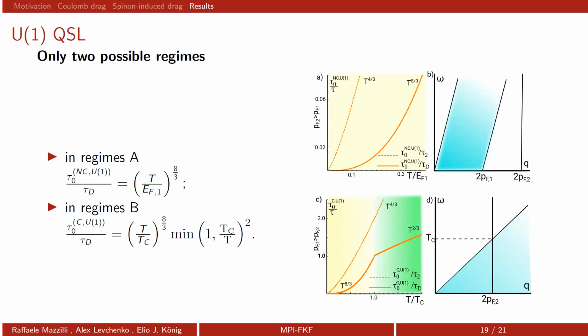But the situation is similar in a sense, because here you can also define a crossover temperature, and you can go to temperatures below it, and it happens. So there is some extra temperature dependence, but here you lose 2 powers of T. And notice that the scaling behavior is different, and this has to do with